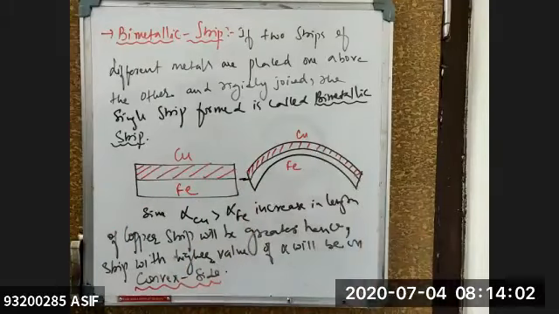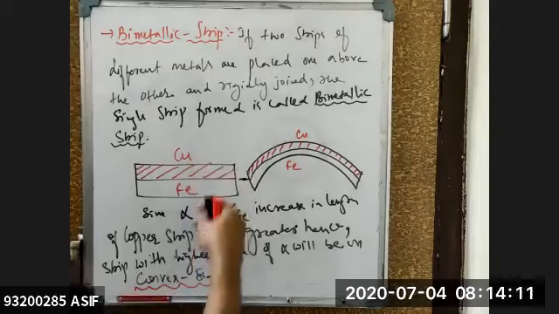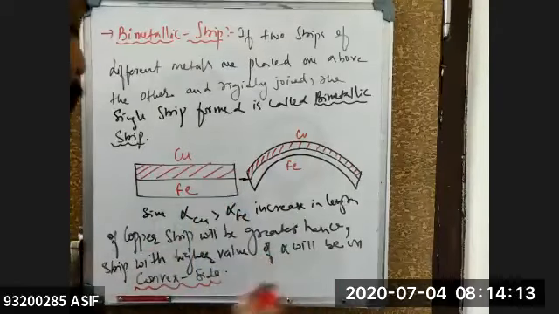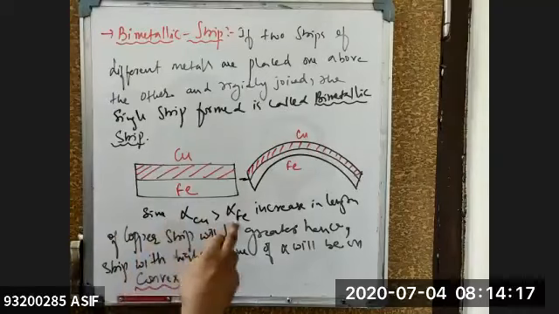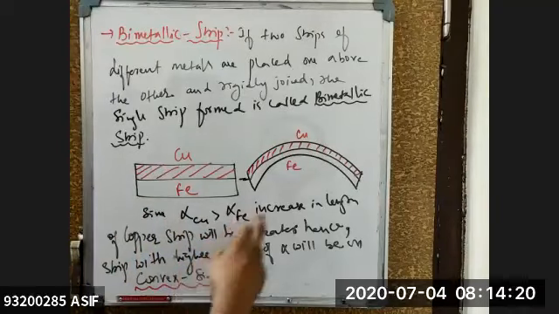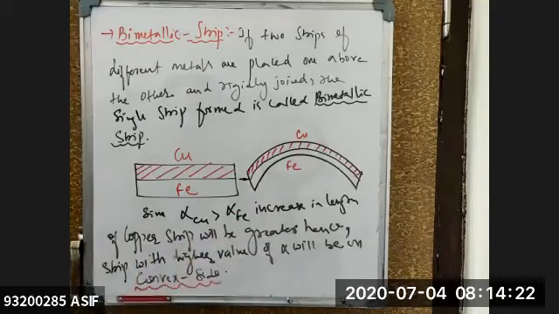That can be any metal, beta. It's not compulsory that you need to take copper and iron. That depends upon the availability of the metals. But make sure that whenever two different metals are being applied, the increase in length will depend upon what? The alpha value. Here, in copper and iron, the alpha value of copper is greater than the alpha value of iron. So the increase in the length of the copper strip will be greater.